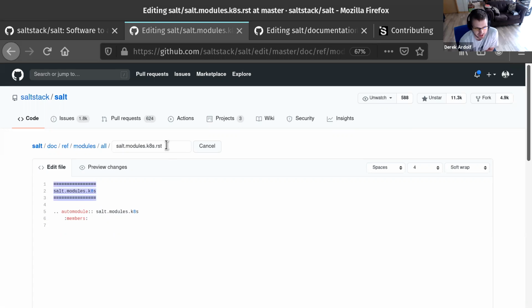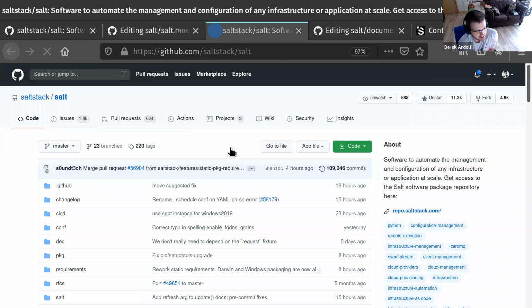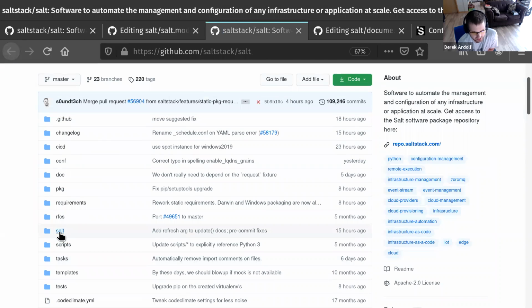So we did the edit on GitHub button, which brought us to this RST file. And this reference in the auto module is actually referencing the Python file itself. And so salt.modules.k8s. So that means I know I need to go into, and is this text, by the way, big enough